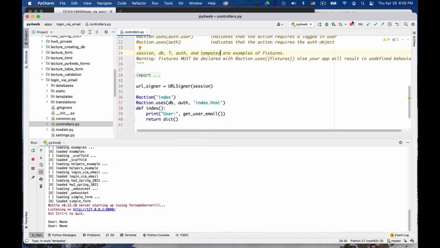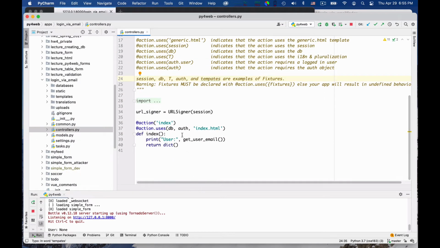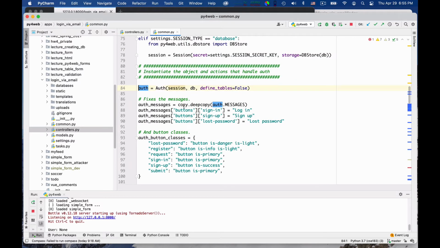So in fact, you see that when we use the auth fixture normally, this gives us the normal login. The auth fixture is created here. Okay. And I want to rip this portion off and add my own fixture that enables me to log in via email. So this will be a longer lecture. I want to do it really from scratch without any tricks so that you can see all that is involved.